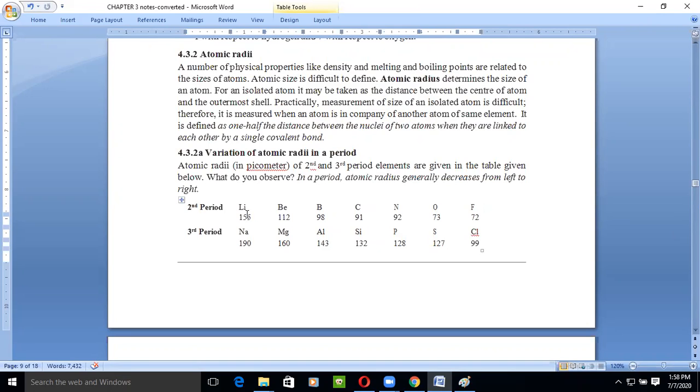For example, if we talk about lithium, lithium is a metal, it is at the left side of the periodic table. Beryllium is next to this lithium. Then boron is in the P block. Where is boron? In the P block, right? So there is a variation. Wait, I'm going to share the periodic table with you, then you will get to know this thing easily.